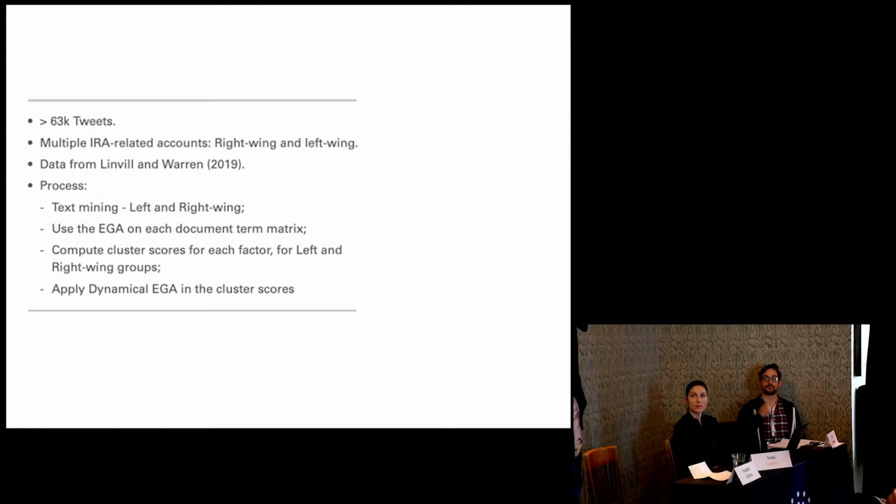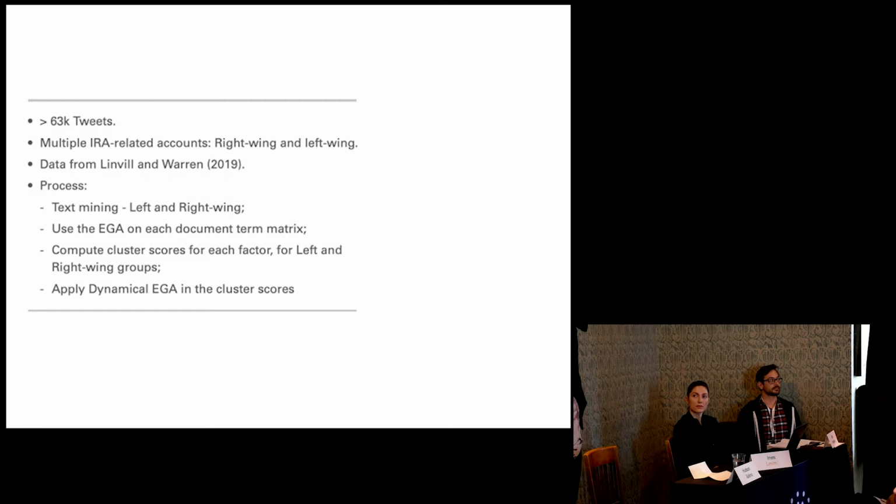The total amount of tweets we have is almost 1 million tweets. So I took a sample of 63,000 just to show you one example here. And they labeled each account according to the intelligence operation. So for some accounts, the goal was to post right-wing things, and for other accounts, left-wing things. So things that they think are interesting for people on the right spectrum of politics, and things interesting for people on the left wing of politics.